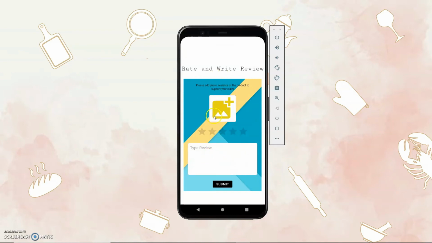Okay, this is the rate and write review page, but because this application does not have any ordering function, the customer must add photo evidence of the product to support their claim that they actually bought the product. So they can click here and pick from gallery.